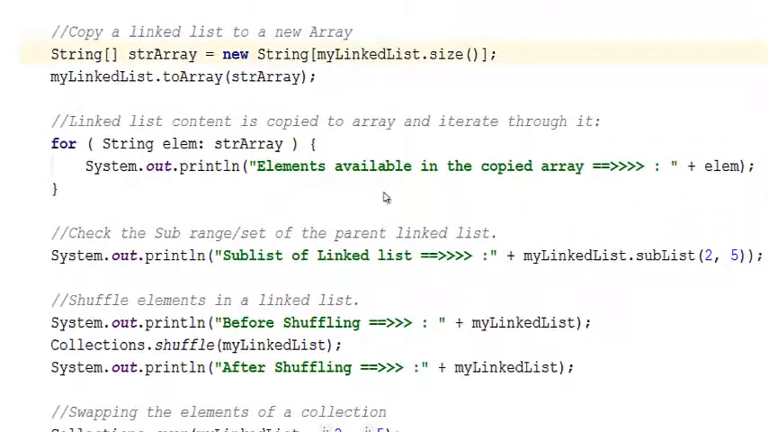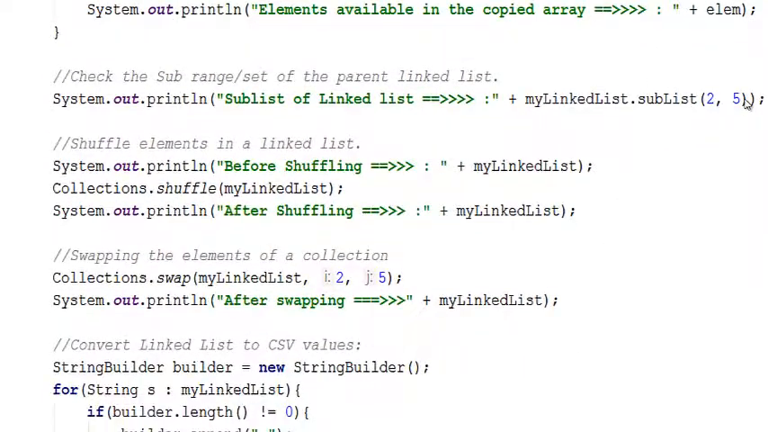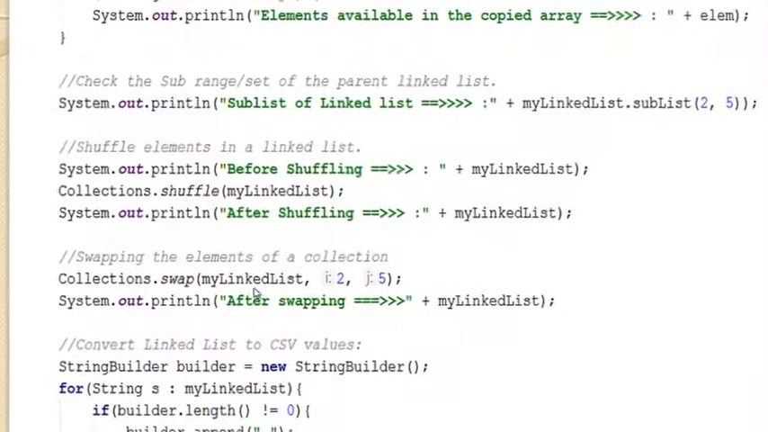Moving forward, we have taken a string array, moved all the linked list elements to this array, and then we can iterate through every element of it. We can take a sublist of my linked list, giving the starting or last index of it. Then we have shuffling, which is nothing but shuffling the elements of the linked list. Whatever order they have been inserted in, that order will be changed. We can also use Collections.swap to swap elements in the linked list. Though we have not discussed it, these are some of the common methods. Okay, after